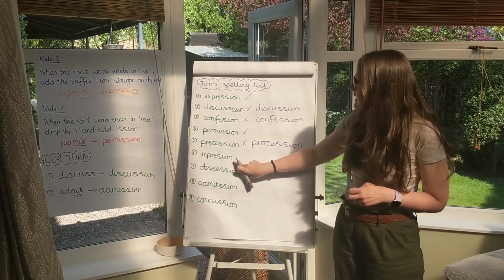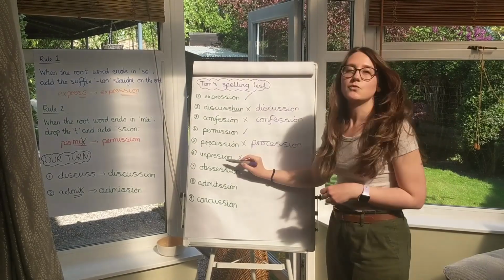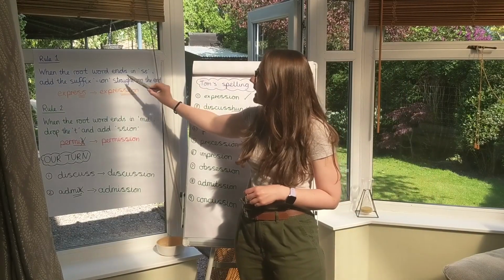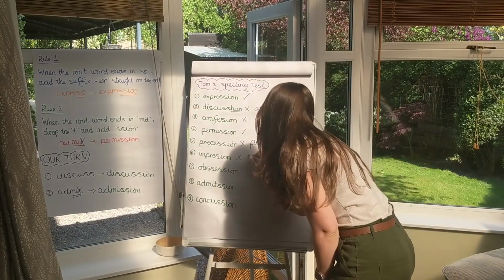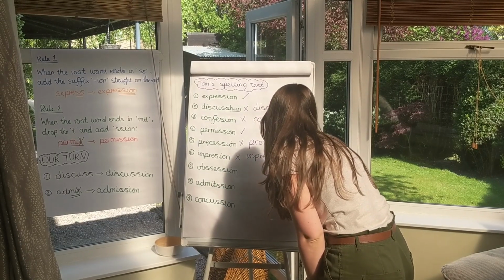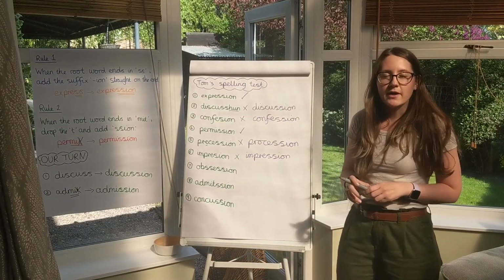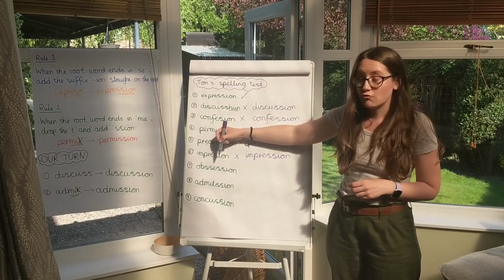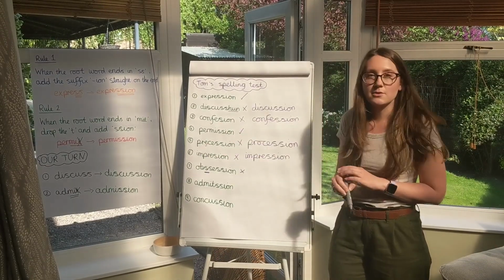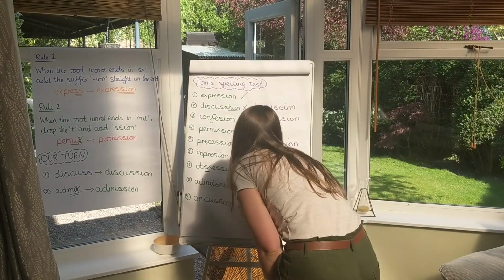The next one is impression. Again, he's got this one wrong because the root word is impress, and impress ends in a double S, so we simply add the ION on the end, so it is impression. Now, this one might have caught you out a little bit, so he is wrong because it doesn't have a double S for the first S. So if I show you what it should look like,